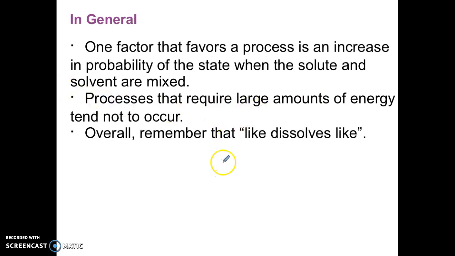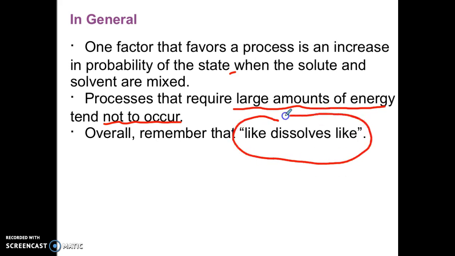One factor that favors a process is an increase in probability of the state when the solute and the solvent are mixed. Processes that require a large amount of energy do not occur. So the overall delta H relatively wants to be small. Overall, remember that term, like dissolves like, and that will get you through a majority of solution problems to determine what is the likelihood of the two solute-solvent interactions. So that is the beginning of 11.1 and 11.2,